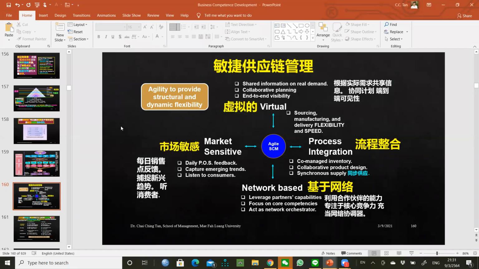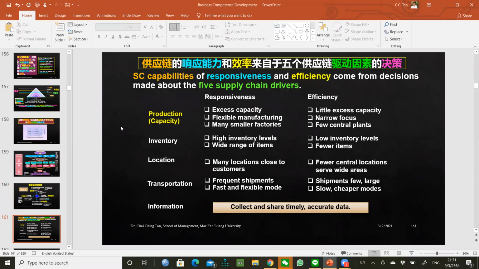Okay, so it really depends on whether your supply chains need to be responsive or efficient in your operations. If there is certain trade-off, you need to really balance. And so in your operations, usually the minimum requirements is in your design, especially when we talk about the operations, productions, capacity, design. The 4 things that are very important: one of them is the inventory, second one is the location, third one is the transportation, and the fourth one is the information, and then plus the production capacity. So all these in combinations will allow you to provide a good operation system.